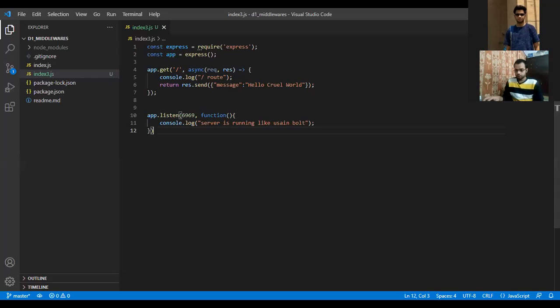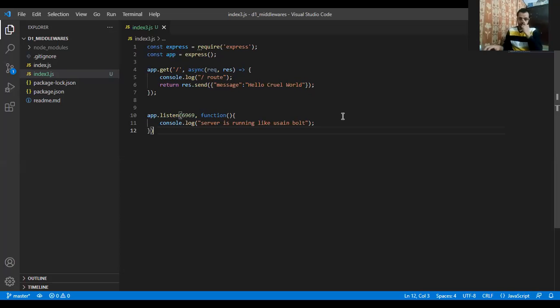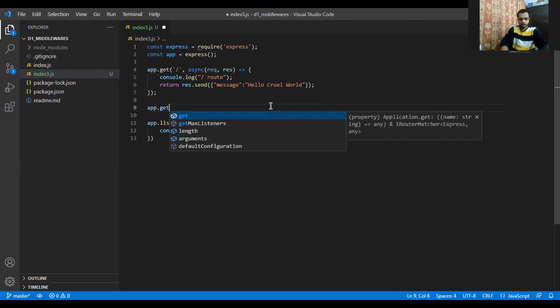Okay, so what I have here is a basic Node.js server. As you can see, it is index3.js. This is just the basic server. I'm including the application, I'm listening to port 6969, and I'm creating a slash route. I'm just going to return hello cruel world. Okay, now let's do one thing. Let's have another route over here. So app.get slash